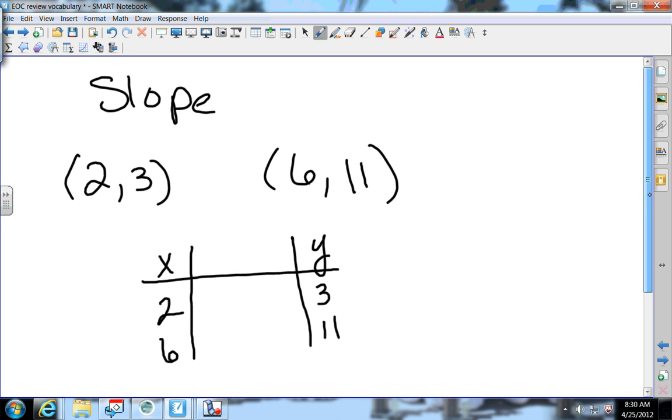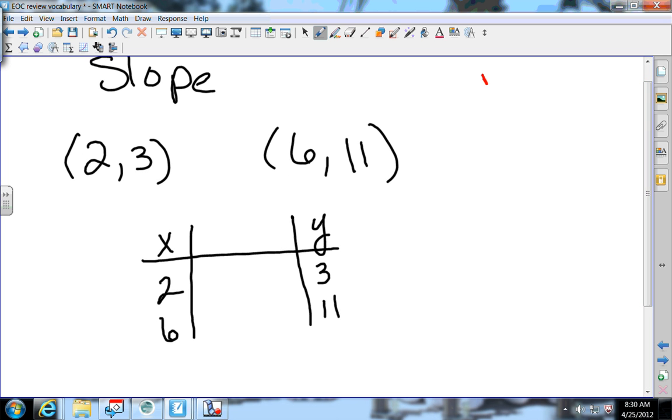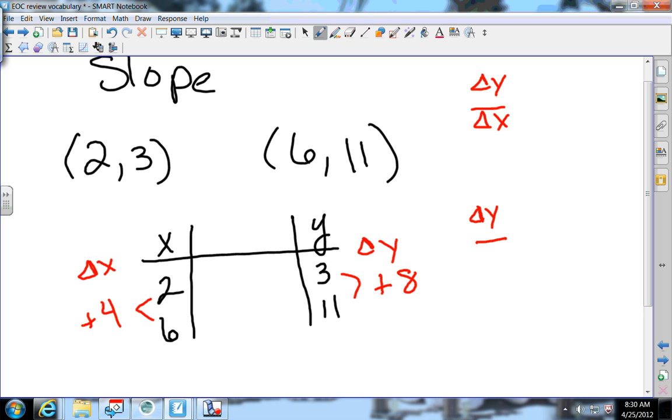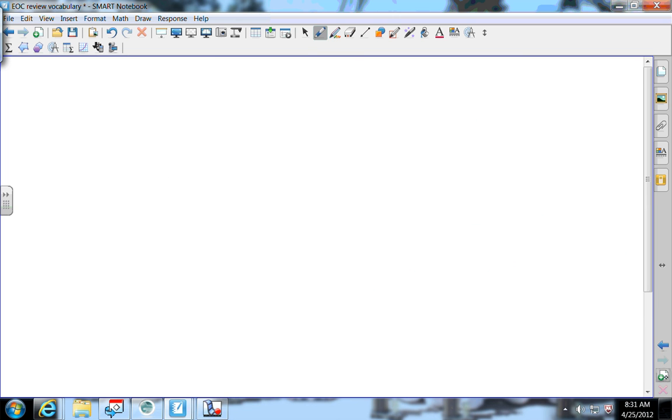So now to find my slope, slope is delta y, the change in y, over the change in x. The change in y from 3 to 11 is plus 8. Delta x is plus 4. Delta y over delta x: 8 over 4 is 2. Okay, so that's how we find the slope of two ordered pairs. If it was on a graph,